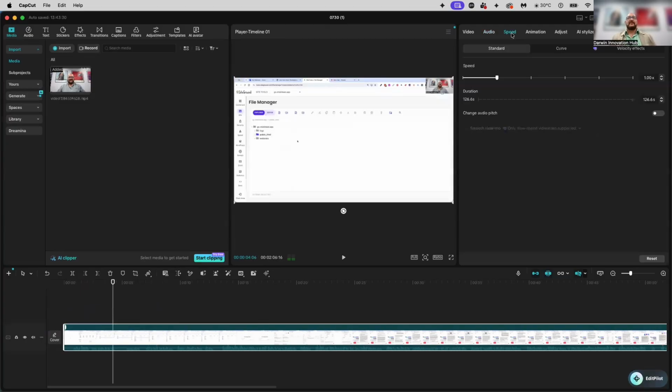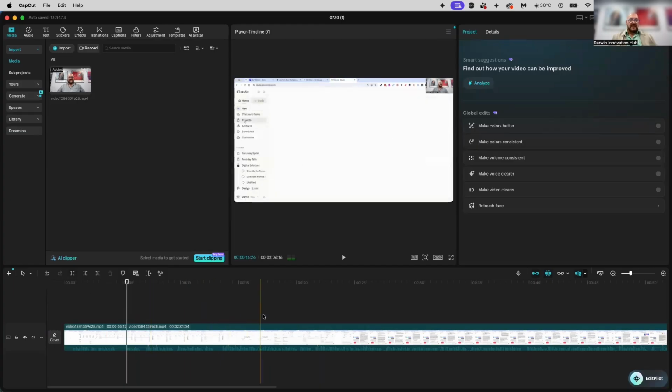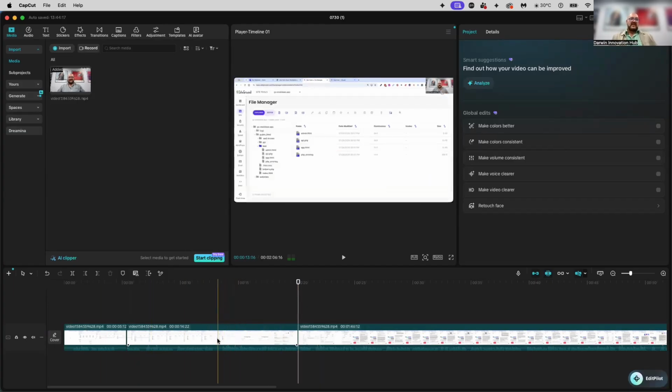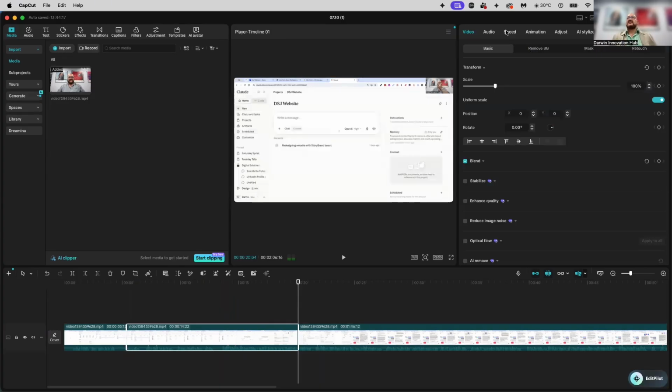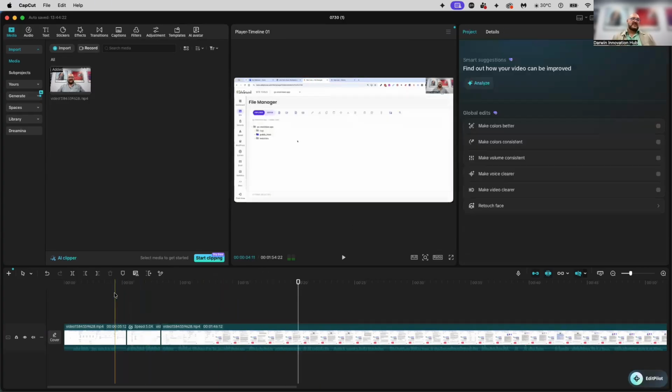You can speed things up to different levels. This is particularly useful if you've got just video, you're trying to fast forward certain bits of it, or if you want to cut it up and go, I want to fast forward between here, split, and here, split there too. And in here, I want to make that faster. I can go into my speed and make that a lot faster. So it makes it shorter. So as I'm going through here, it'll go normal speed, and then suddenly